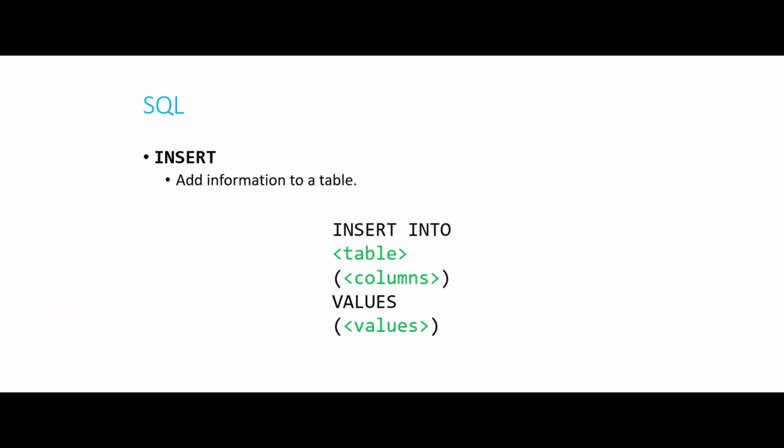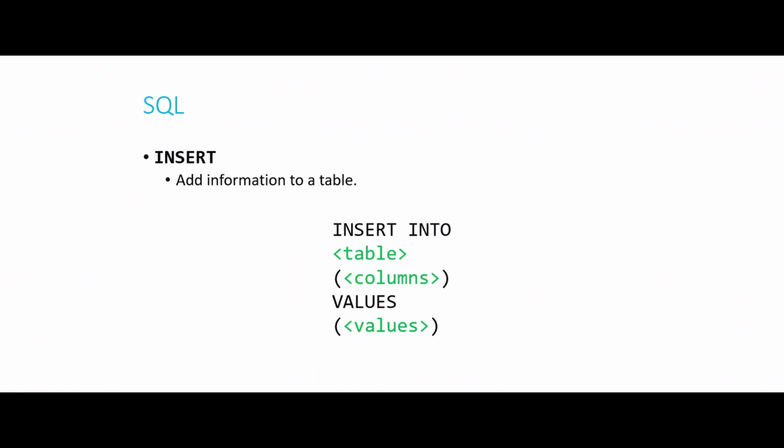So an insert query, in general, looks something like this. Insert into table, so we specify what table we want to insert into. And then we have parentheses, columns, which is a comma-separated list of all of the columns of our table that we want to insert data into. Then we have values, and then a comma-separated list of the values that we want to put into those columns